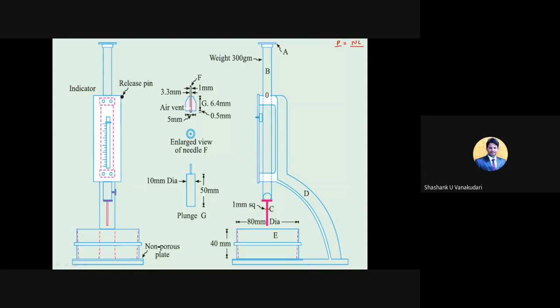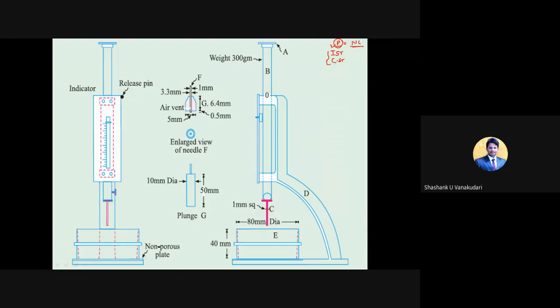By taking this value, it will be helpful while finding out the initial setting time. Correct. And then even the soundness test and compressive strength test. So by conducting these tests, this value we can use in other tests also. So you need to know this part very carefully. First, we need to find out the value of P, that is, we'll conduct the normal consistency test, and the same thing will be useful in other tests also.